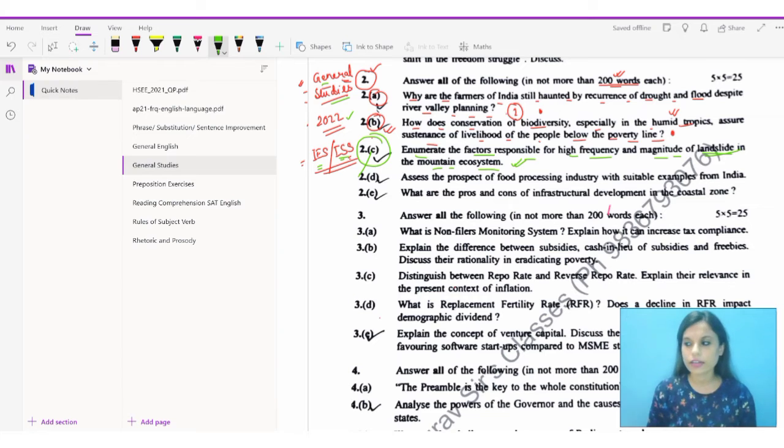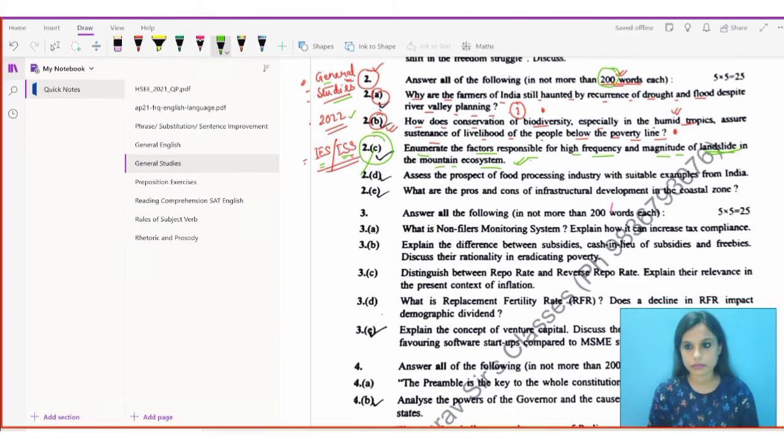Here I'm not going to write the entire answer because you have to focus on 200 words. That is, a 200 words answer you have to write. I'm not going to count and write a 200 words answer. Rather, I would be giving you a gist of what you could have written and which points you could have elaborately talked about. So let's get to the answer.